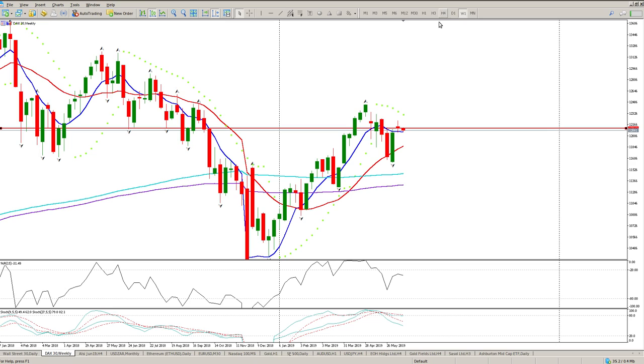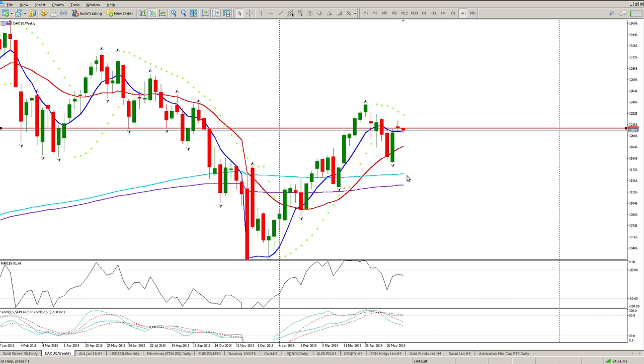So there's a lot that you can read into this. You could argue that this is looking like a reversal. You could argue that this is an inside bar, and we're looking for a continuation to the upside. For me right now, the parabolic SAR, which is these green dots, is a fairly good indication of where the trend is and also where my stop needs to be. Right now on the weekly, the trend is down. In other words, there's a potential that this uptrend has reversed and we're moving down.